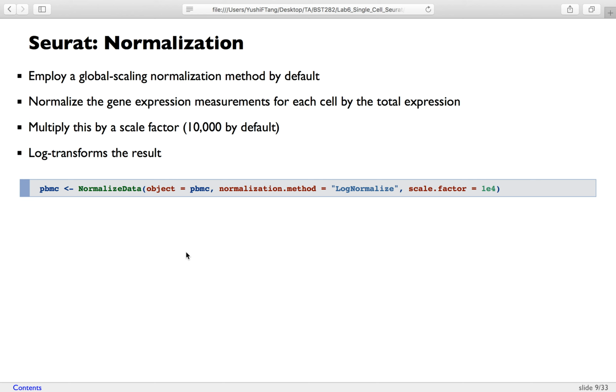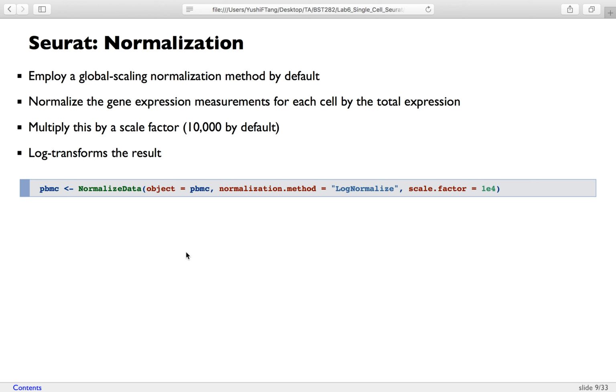A quick question for you guys: what's the difference between PCA and t-SNE? You might take a while to think about that question, because it's a very important one for our courses, especially for this chapter. PCA might be considered a linear dimensional reduction method, and t-SNE might be considered a non-linear